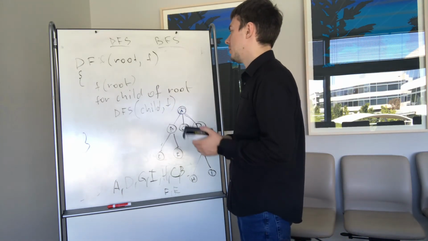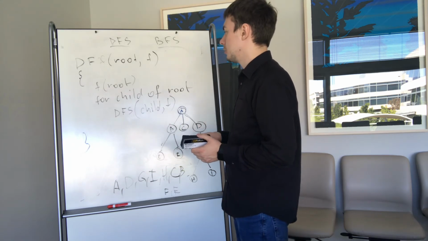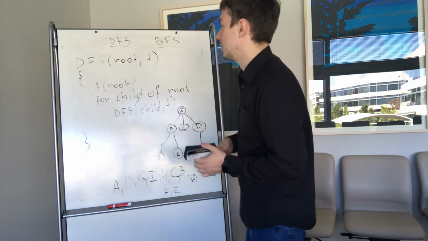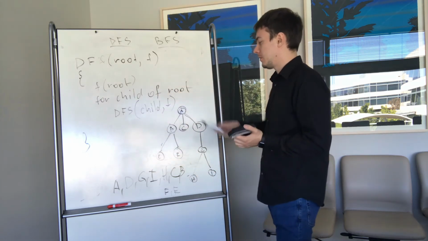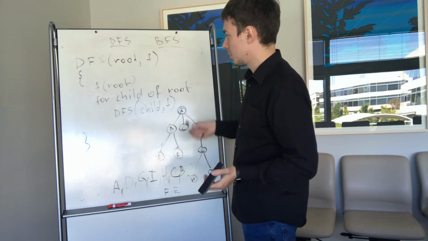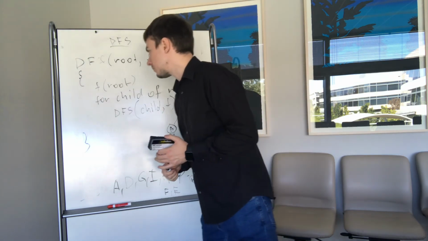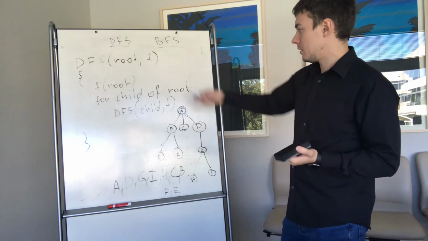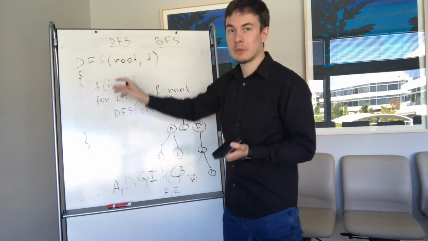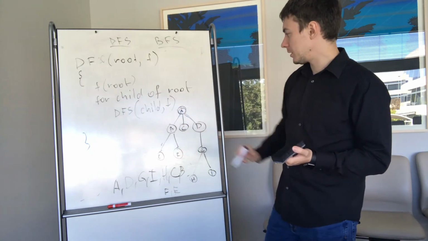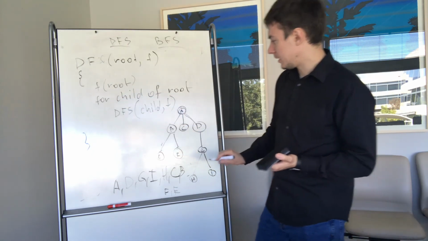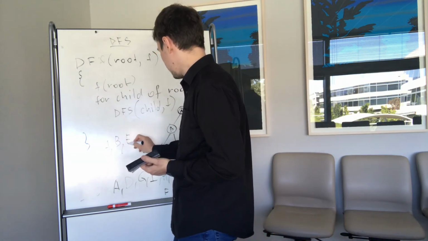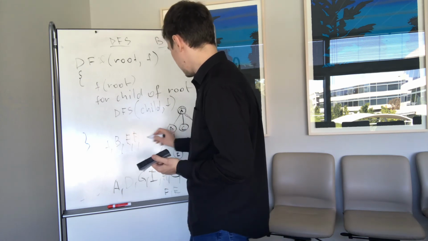This implementation is much easier to read, but it is a recursive implementation. So if the depth of this search is very huge, we can have a stack overflow exception. And this implementation will print our letters like this: A, B, E, F, C, D,